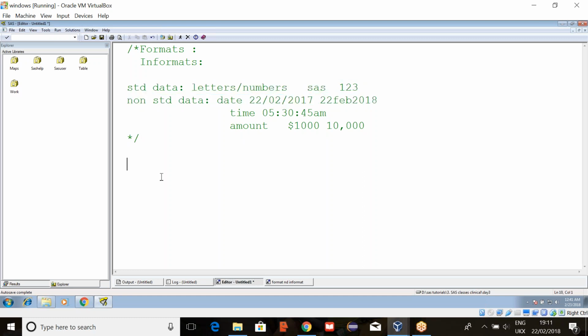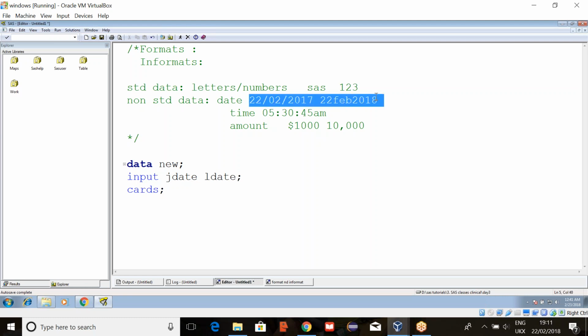Let's see. Let's create one new data set. Input: I'll give two dates, joining date and leaving date. Cards. And now let's take two dates. I'll just copy these and then run.